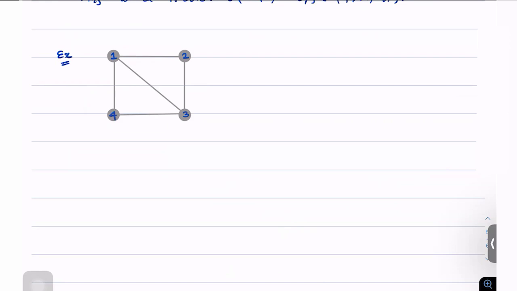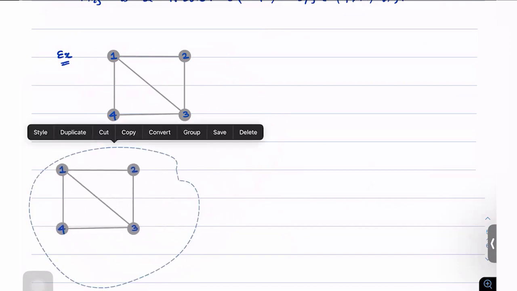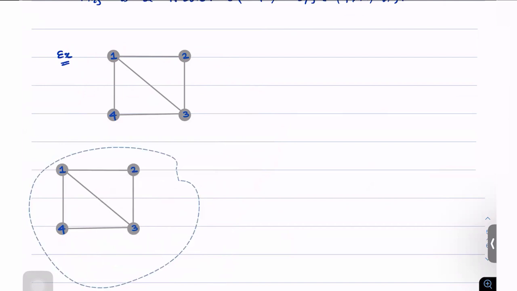So this is the undirected graph that's given to us, and we're trying to figure out how many spanning trees it can have. Let's draw all of the possible spanning trees that we can see. In order to do that, let me copy our image and place it here and construct all of the spanning trees that are there. The first spanning tree that we can achieve is simply this. So now this is a spanning tree.